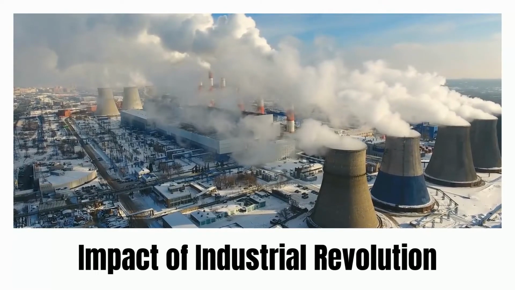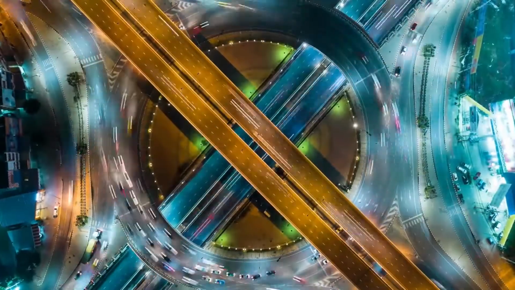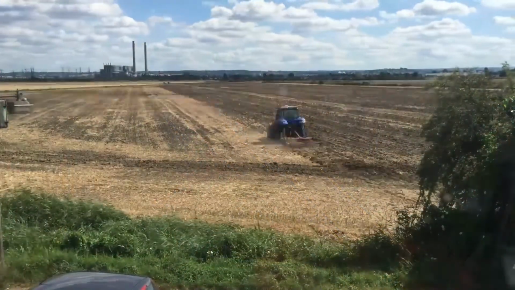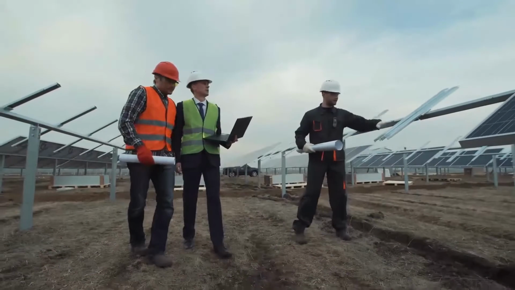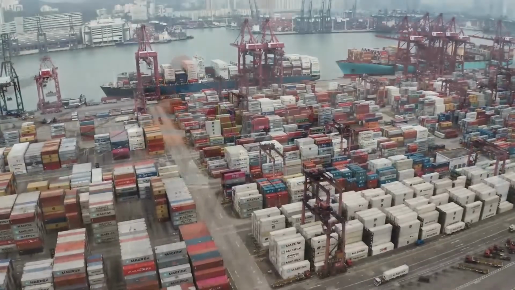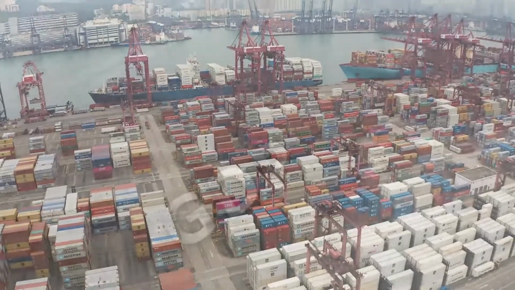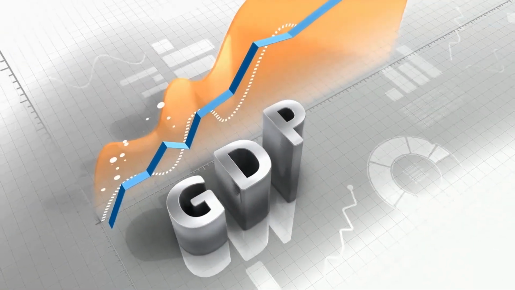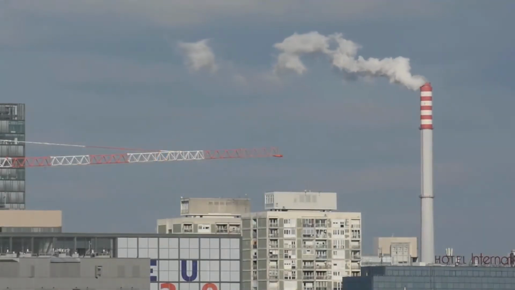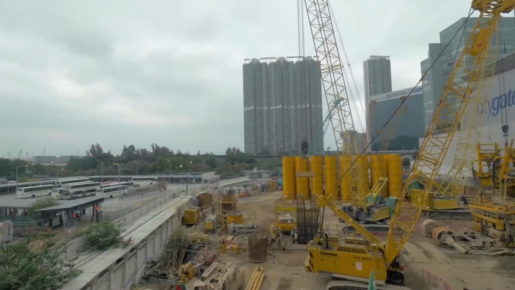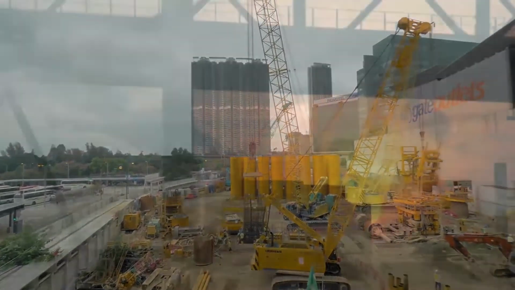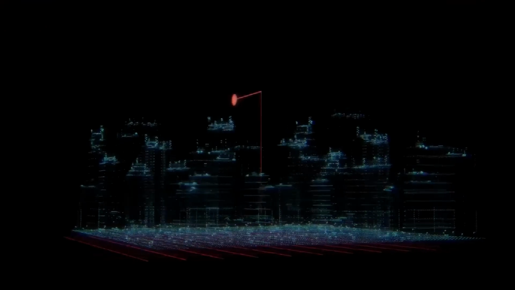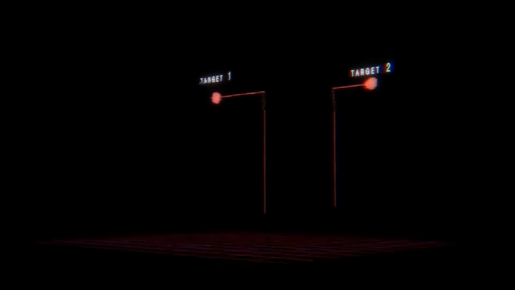Impact of Industrial Revolution. The impact of the Industrial Revolution was significant. Britain's economy came to be dominated by the industrial sector rather than the agricultural sector, whose share in the GDP declined. Higher GDP boosted textile exports and raw material imports by the British businesses. Britain now produced enough coal and pig iron for self-consumption and exports. The Industrial Revolution led to the emergence of Britain as the top-ranking industrial economy, but the impact on the people was